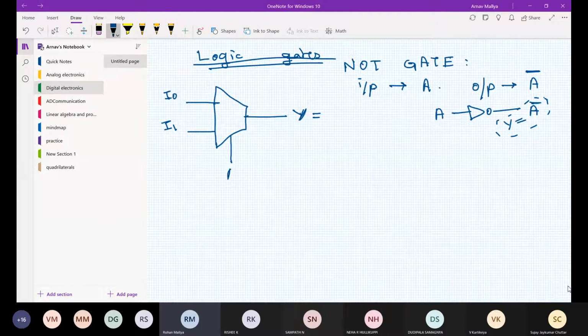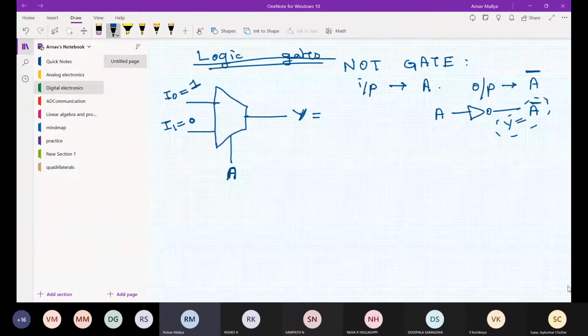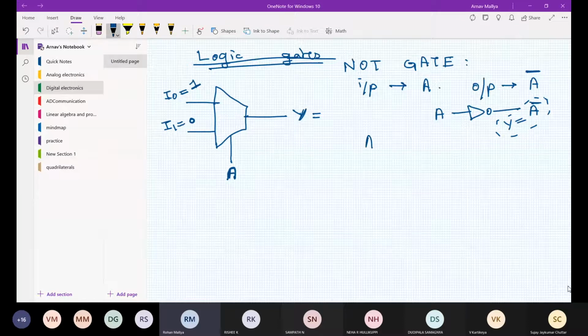Let me take the value of this input line as logically high, and this is logically low, which is 0. So this will be value A and this will be my output. So when going to be I1.